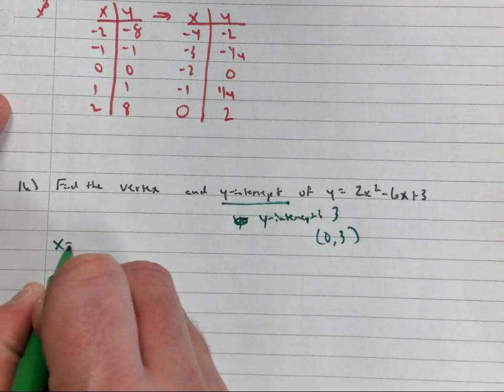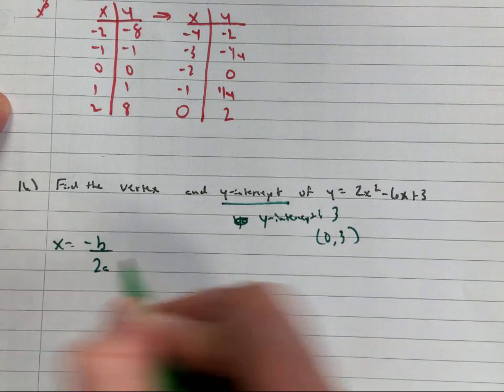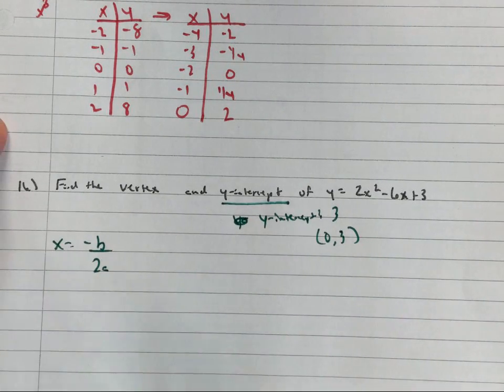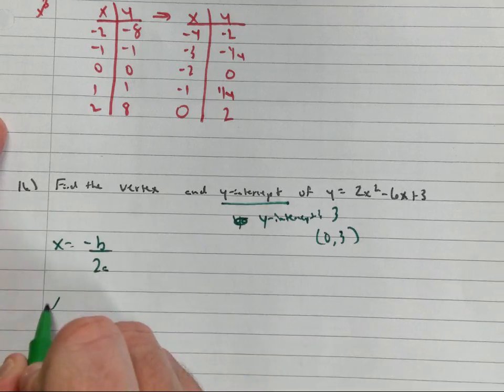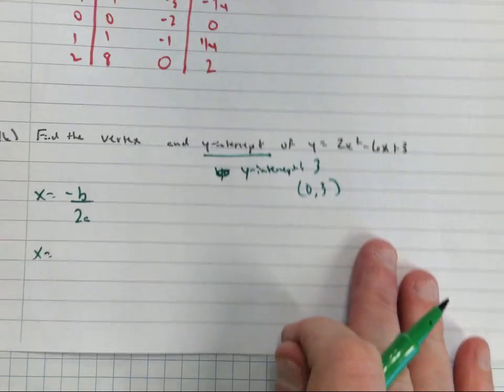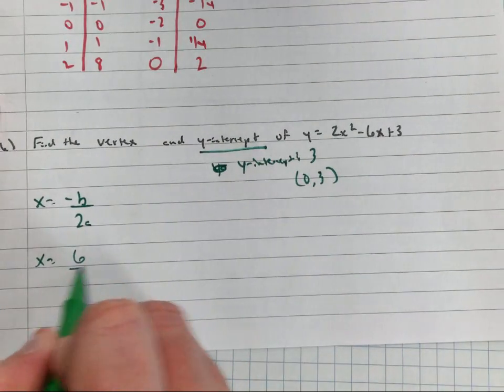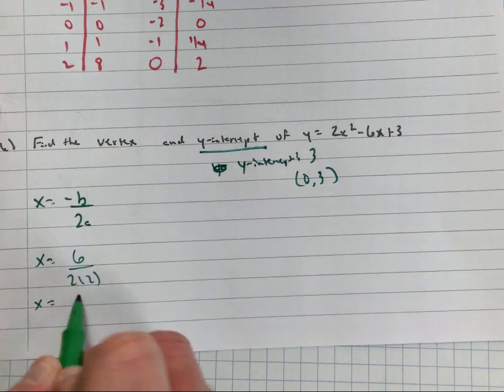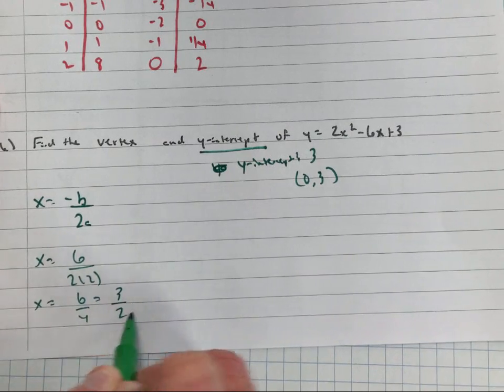All right, we want to find the vertex. We're going to start off with x equals negative b over what? 2a. Remember, that starts off just like the axis of symmetry. The only way you find your vertex is once you find x, you plug it back in to find y. What is your b value here? 6. So I put the opposite of b, which is 6, over 2 times 2. That gives me 6 over 4, which is 3/2.